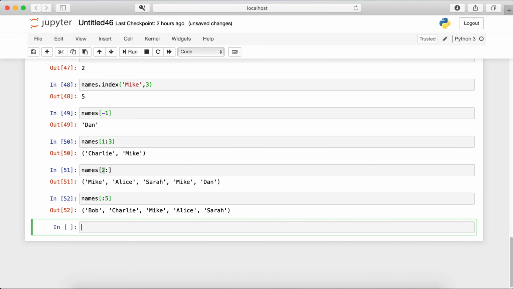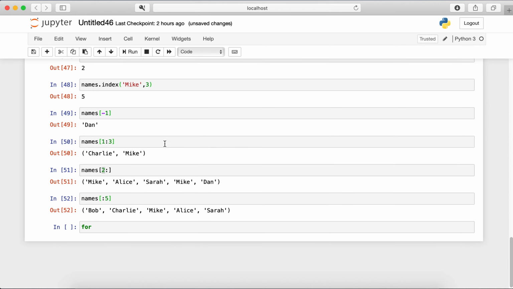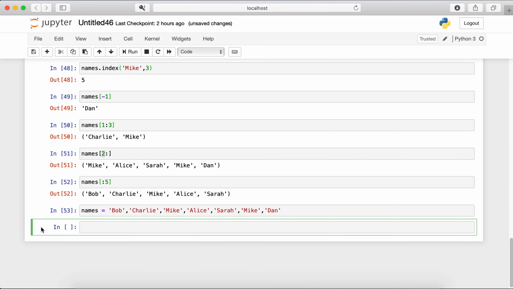So now we're going to talk about the for loop. A for loop is very useful, especially if you want to iterate through this kind of tuple or list and do certain operations. For example, we have the list here. We'll use the same list, names, just to make sure that it's in front of us, to make it easy for you. Let's say we want to print something similar to the number of this tuple. So for